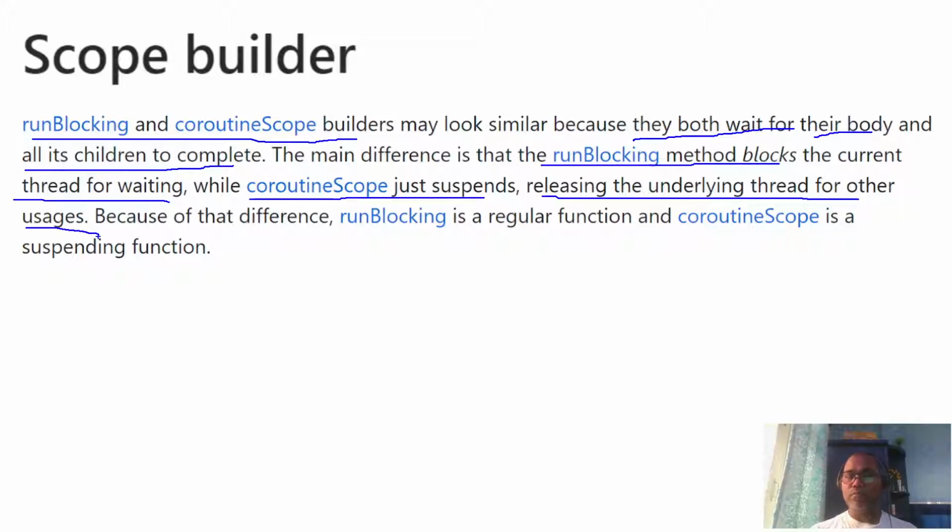Or sometimes I don't want to block, I want it purely non-blocking. So we are going to use coroutineScope, which just suspends and releases the underlying thread. Say a set of code is executed by some thread, and whenever we invoke suspend, that means this thread is now ready to be used for other work, and does not wait blocked, right?